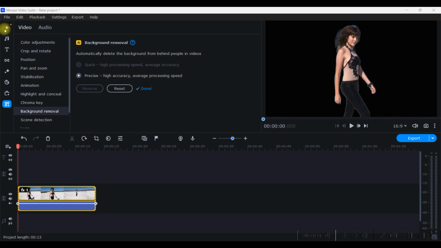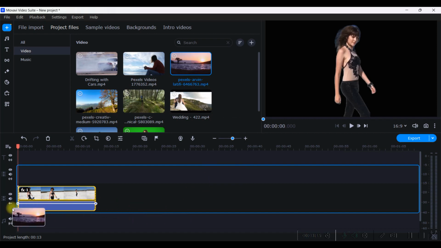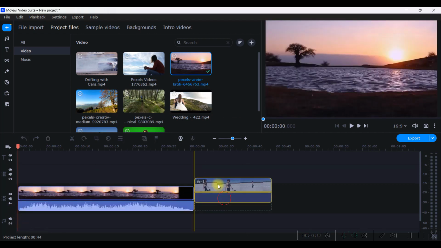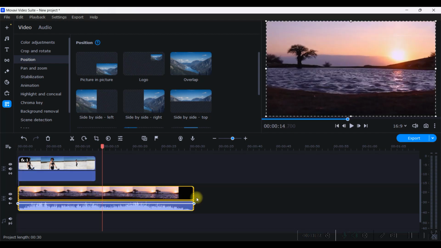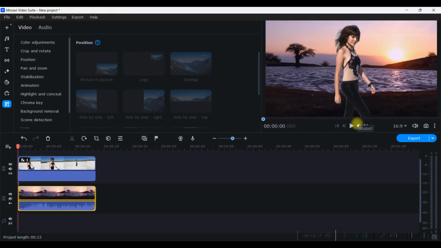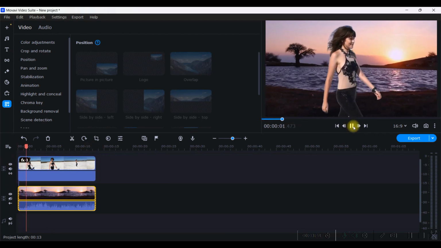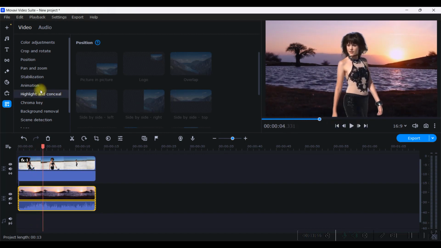And if I take another background from here, let's suppose I am taking this background, just drag and drop. This is another video only, so drag and drop it. It will first appear in the same track, but then you will have to shrink it to the same length of the main video. And now see how satisfactorily it could remove the background. Seamless, isn't it? So this is by artificial intelligence. You can actually remove any background whatsoever, whatever color is there at your background, indoor or outdoor.